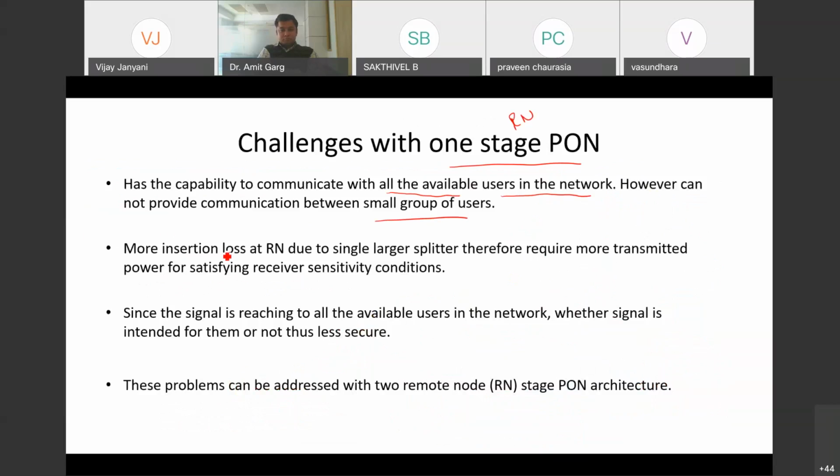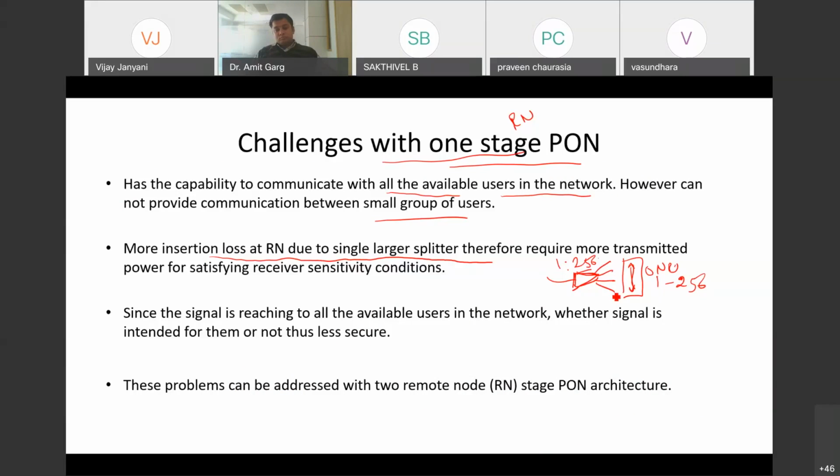The second problem with one stage PON is more insertion loss at RN due to a single large splitter. If there are, let us say, ONU 1 to 256, all ONUs, you need a splitter here with a 1:256 ratio output.